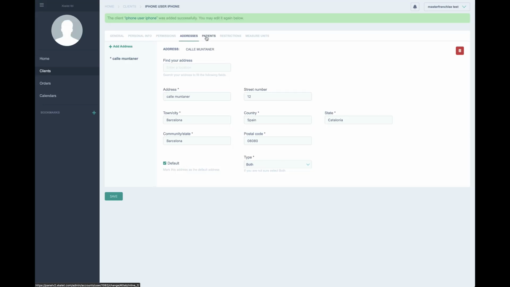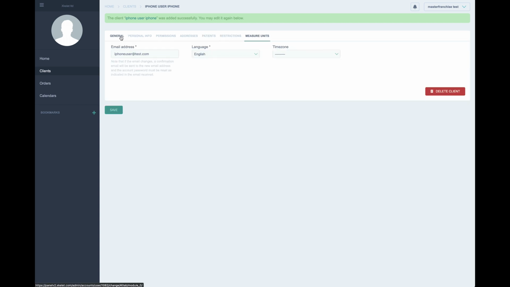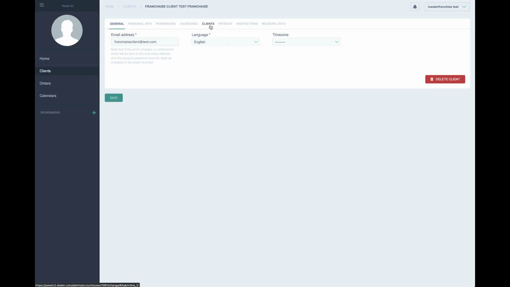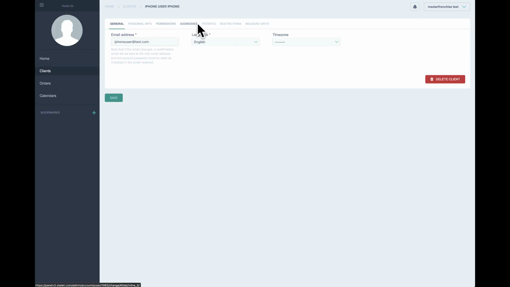So right now, we don't have patients and restrictions or anything inside, like I said before, because we haven't made anything yet. And we go back to clients. As you can see, just the franchisee client. But if we go inside the franchisee client and we go to clients, you will find the iPhone user created. Patients not, because we don't have anything yet, but also if you want to go inside, you can see all the parameters we added